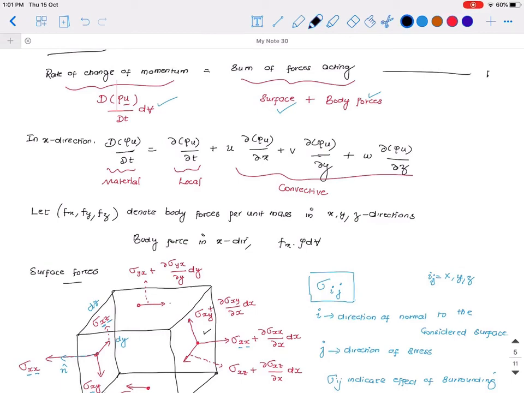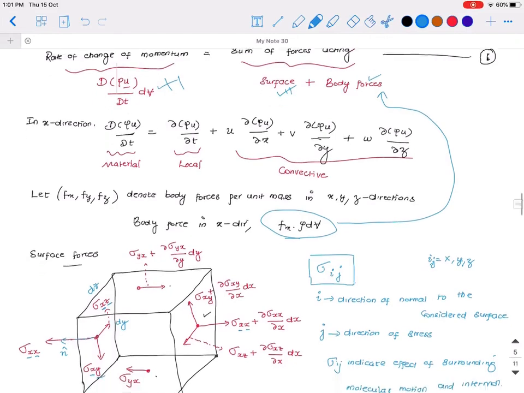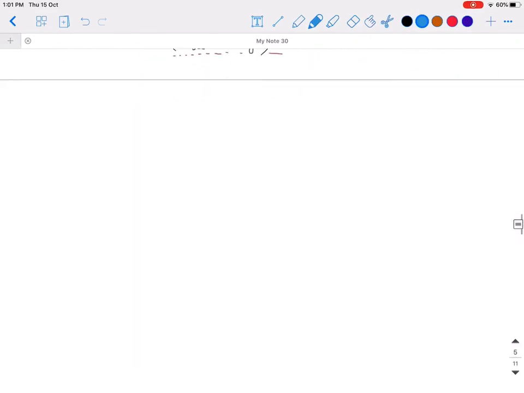Let us denote this equation to be 1. Okay, now we substitute this one, and for body forces we have written it here. So we substitute here in terms of this body force, and then for surface forces whatever we have derived we will substitute. So when we substitute all these terms, what we are going to get is,